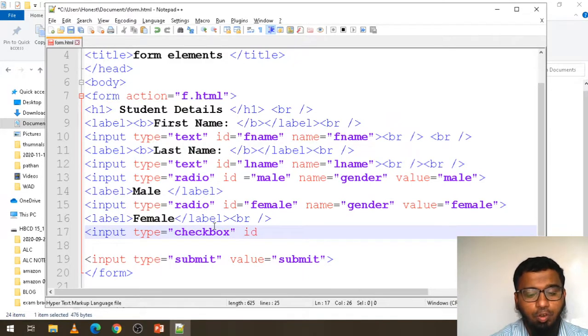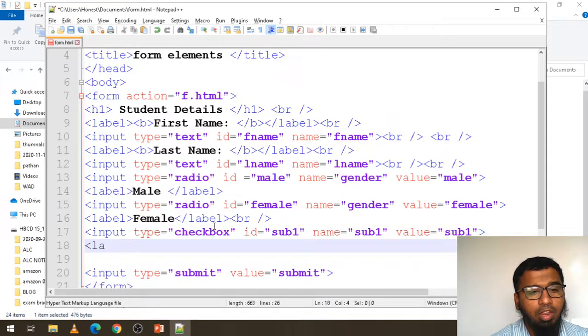And here also you need to give the ID, like ID I am giving subject 1, okay, that should be in double quote, sub 1, name sub 1, value sub 1, means subject 1, okay.